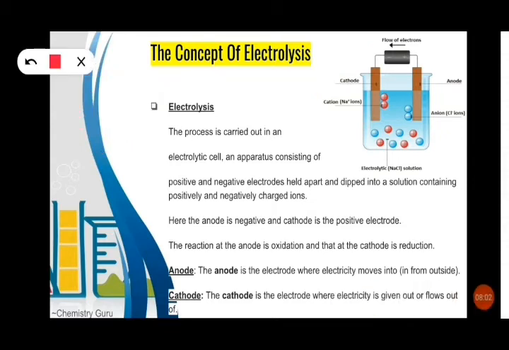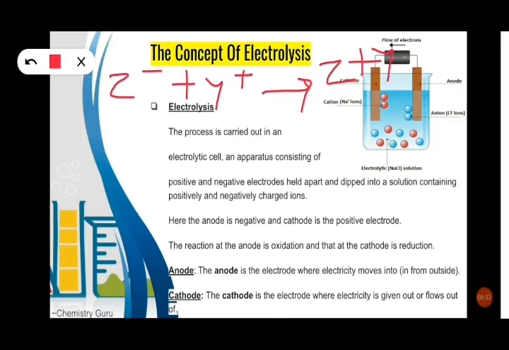This is oxidation, that Y positive combines with 1 electron to give Y, right? So this is reduction, how reduction is happening, and I'm taking two random ions. I'm taking Z, and what would be the overall reaction in an electrolytic cell, how it is going to be? In an electrolytic cell, the complete reaction would be Z negative combines with Y positive to give Z plus Y.